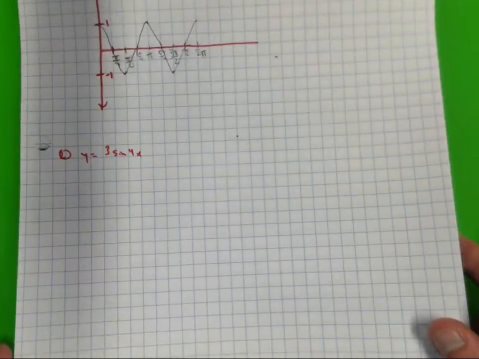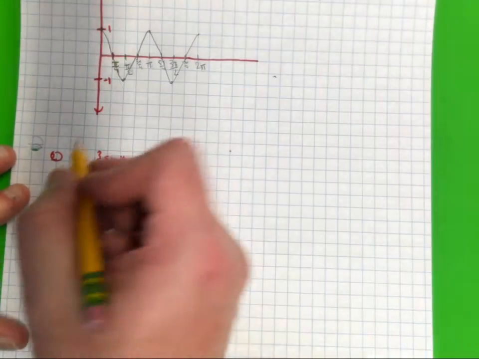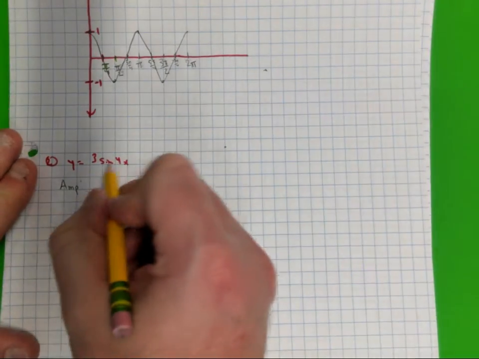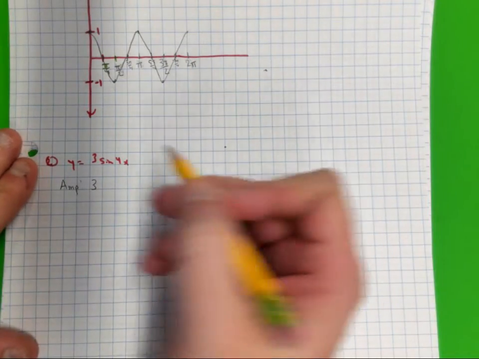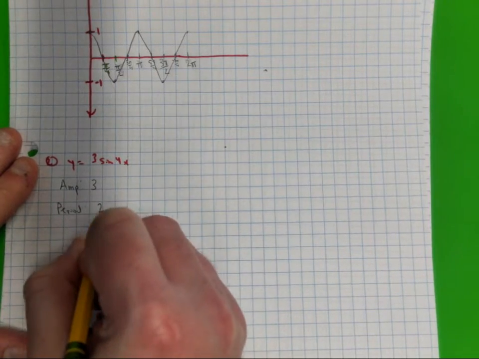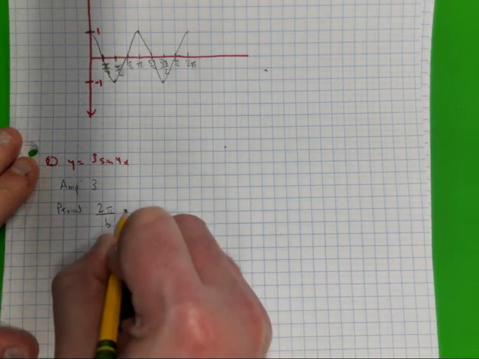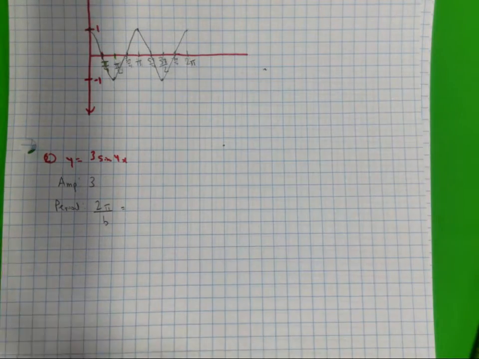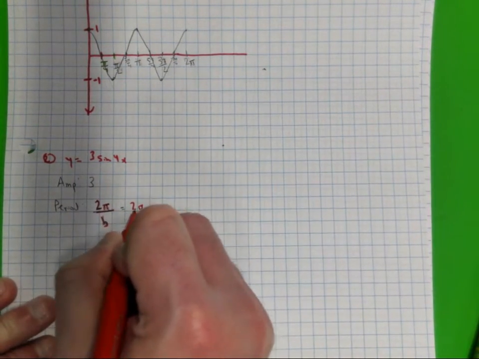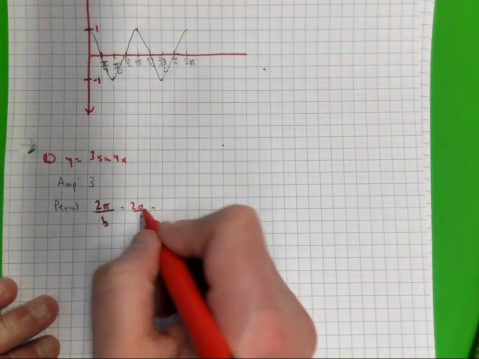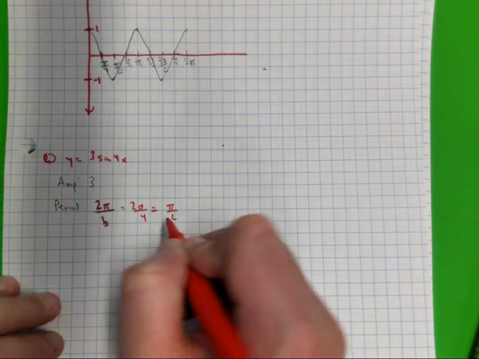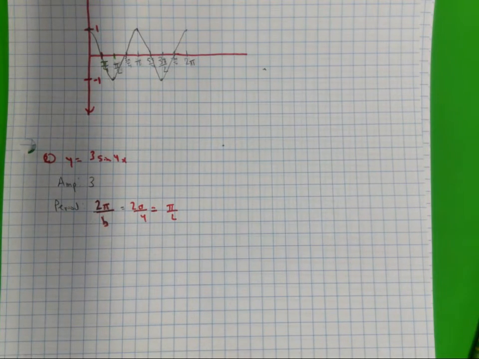Alright, let's look at number 2. Our amplitude, you can abbreviate that as amp. Absolute value of 3 is 3. My period will be 2 pi divided by b. My b value is 4. So 2 pi divided by 4 is pi over 2. So it takes a distance of pi over 2